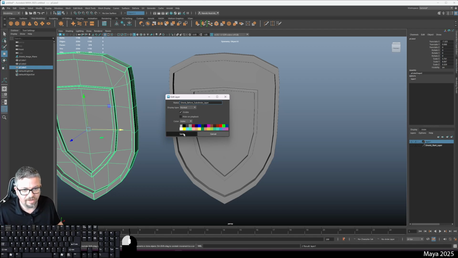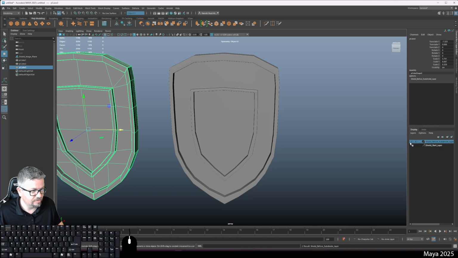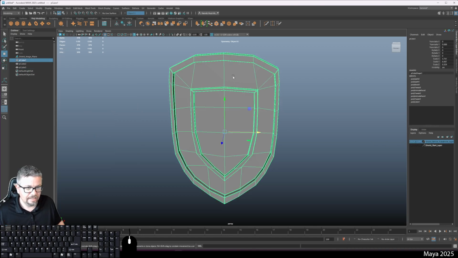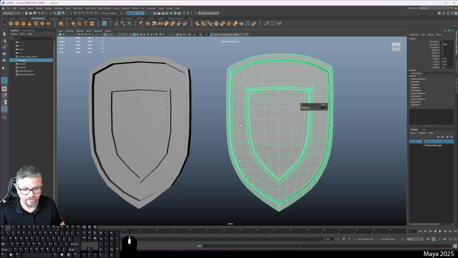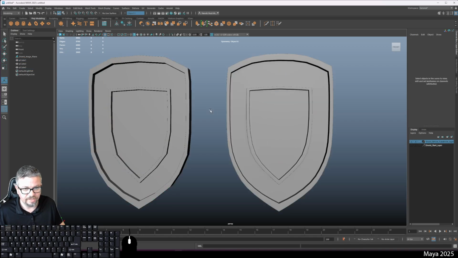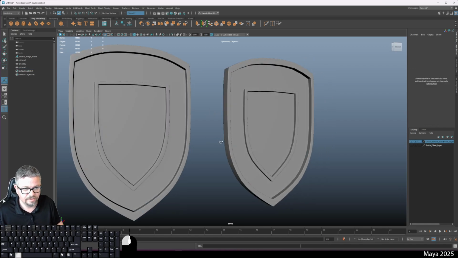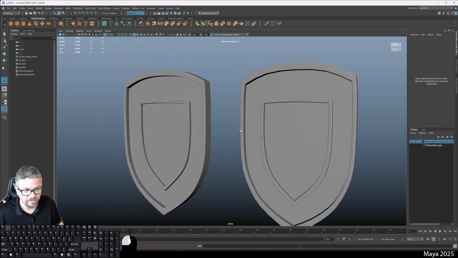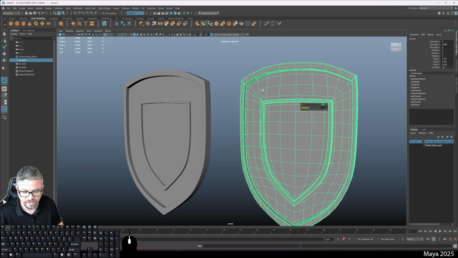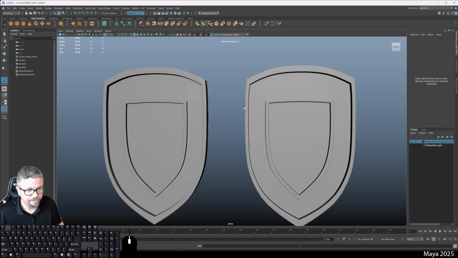Shield before subdivide layer. So I'm just labeling it so I know what it is. And we'll go to smooth and we'll turn this one on, and you'll see the difference. I'm in one mode on both of these. If you put this to 3, you'll see this is still in 1. It looks pretty much identical, almost. There's a couple little polygon things that you can see, but you'll notice that it looks